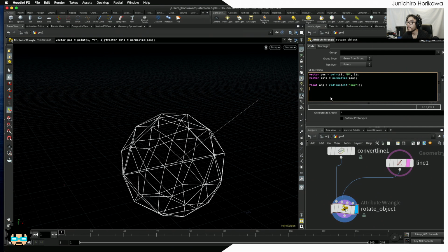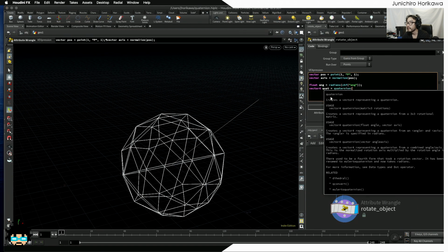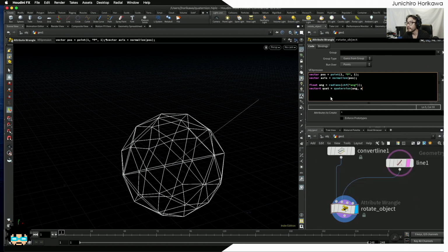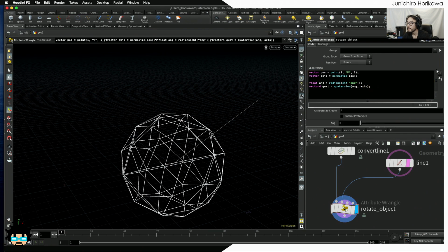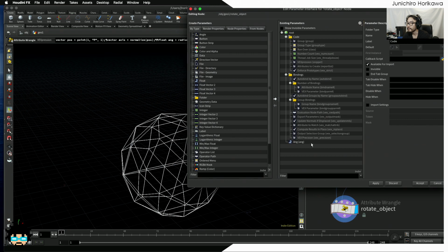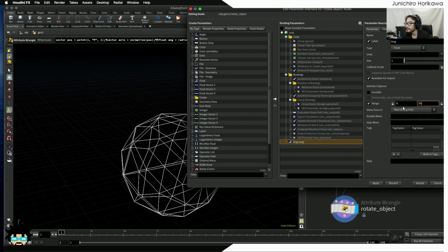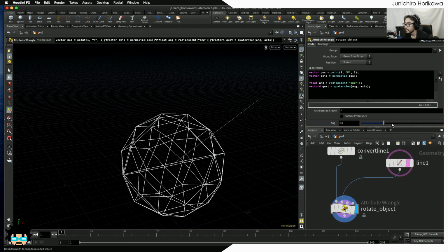Like this. And create a quaternion for the rotation using the quaternion function. Ang, axis. Okay, and let's set the angle's range from 0 to 360 degrees. Right. Now that we have the quaternion, we can use this to transform this whole object, which is pretty easy